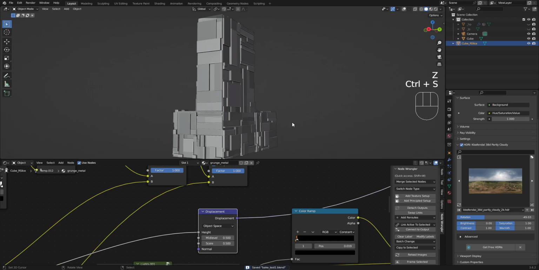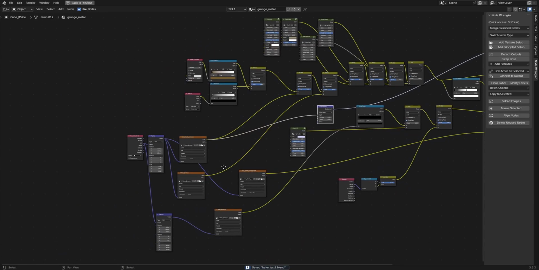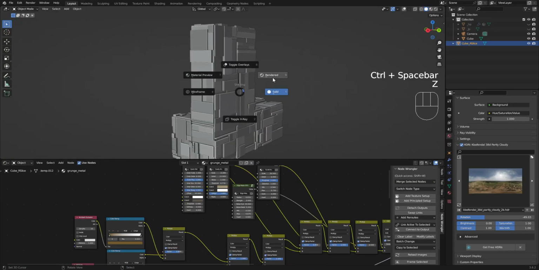You can see that the details become darker because using displacement, I think the renderer considers it as raised geometry, actually raised geometry because